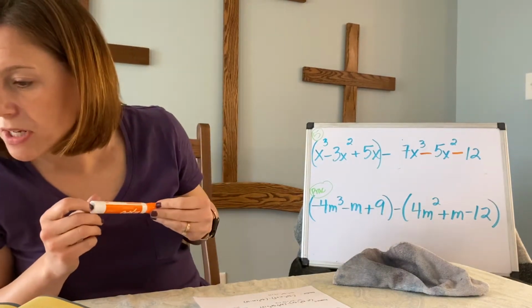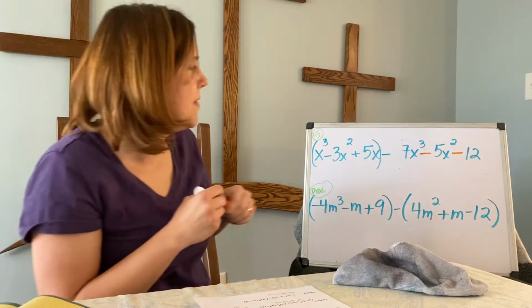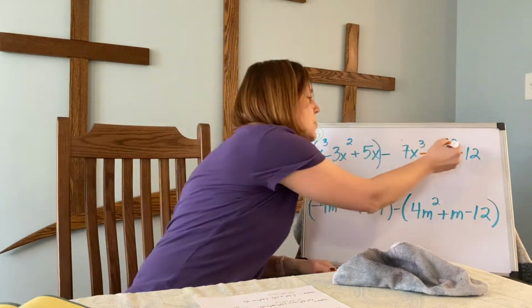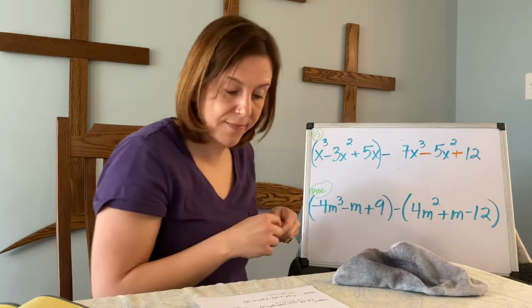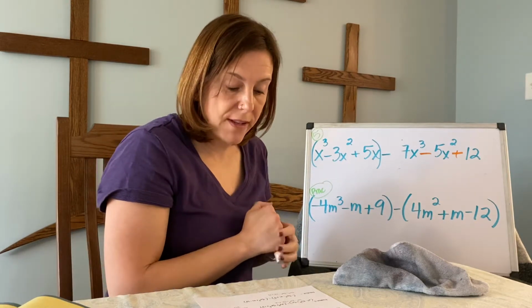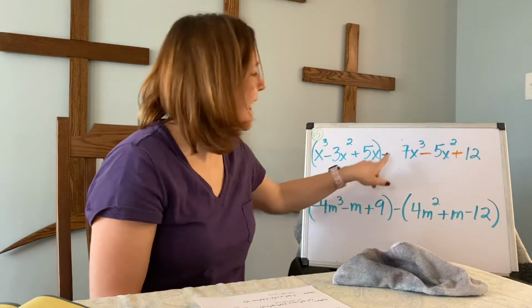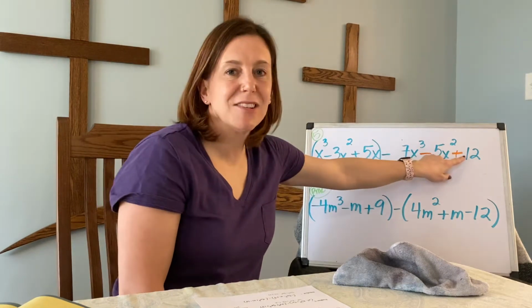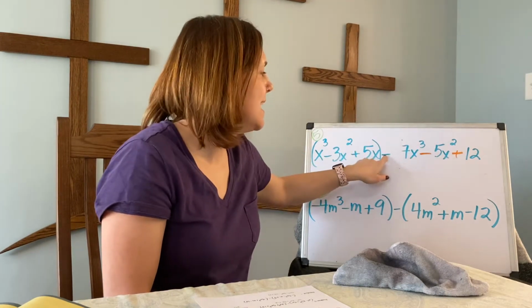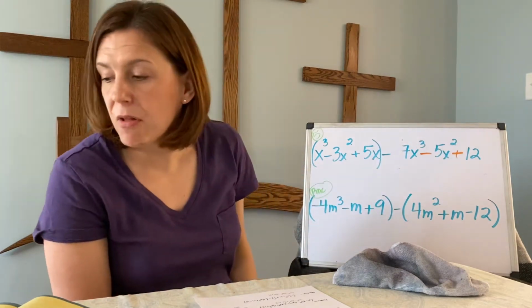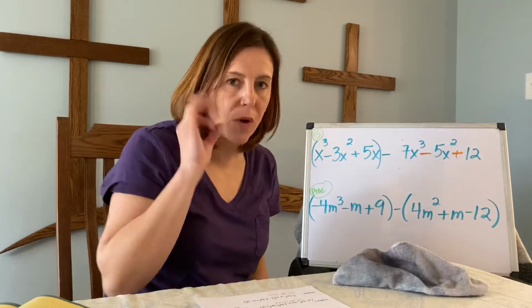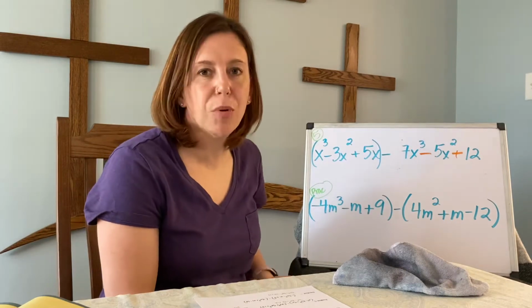actually, let me just double check something. You know what? This was a negative in the original problem. It should now be positive. See, I made a mistake. It happens all the time. Okay, so it was subtraction. Then I'm going to subtract that negative 12, which makes it addition. Okay, if you're following along in your book, you should be right on track, and you probably caught that error